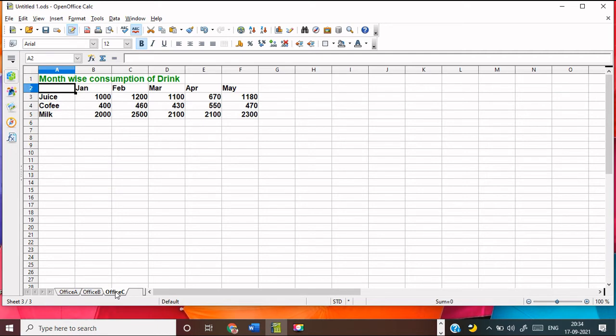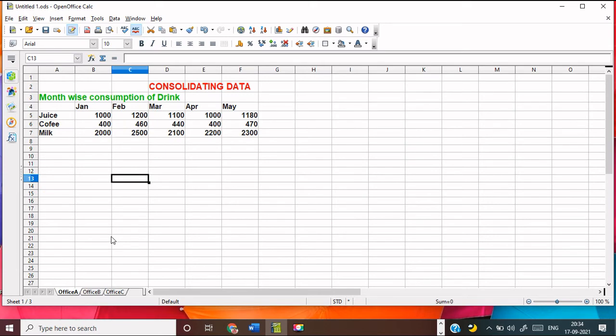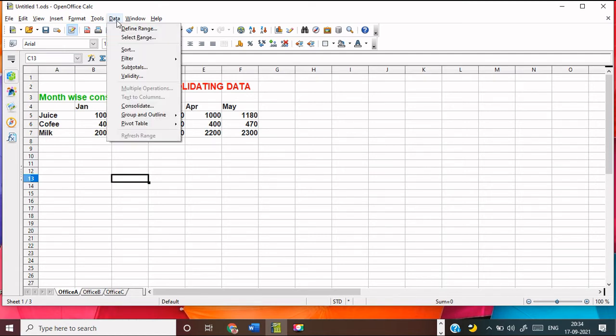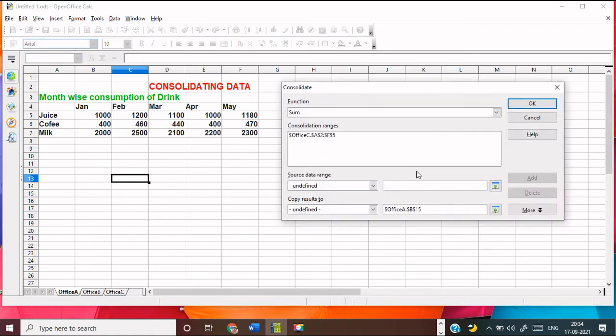Now I have to consolidate all this data in one sheet. That is, I want to find the summation of all the offices' consumption of juice, coffee, and milk, the summation of the three offices. So we can do this by first selecting the data, then consolidate, and then select the range. The Office A range is this one,